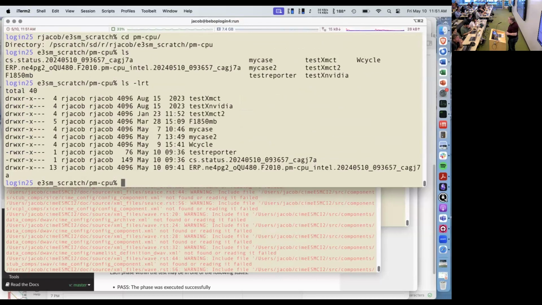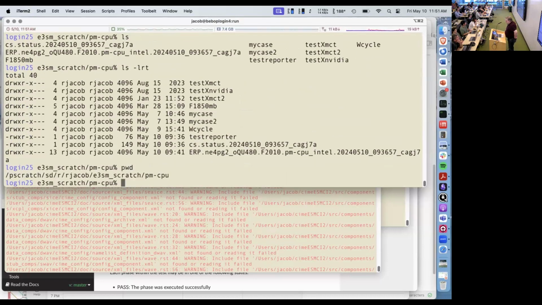So create test will make a case dir for the test, and it'll put it in what's called the scene root. It's basically pscratch on Perlmutter. It's pscratch plus these other two subdirectories, and it created a case with the name of my test, and it added a string to it to basically distinguish this run of the test from another run of the test.